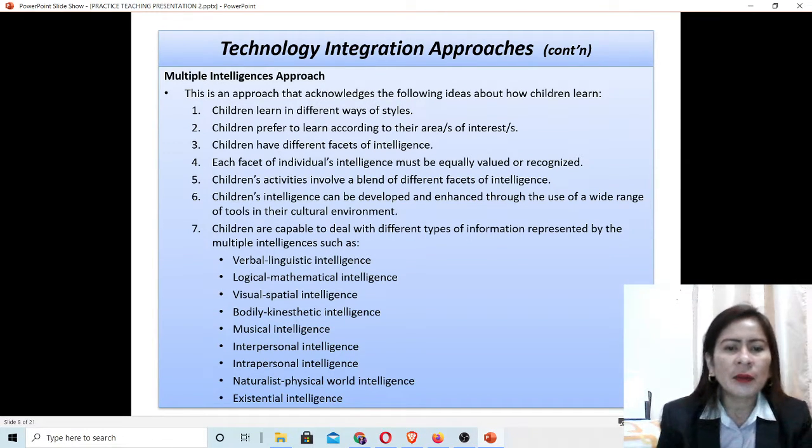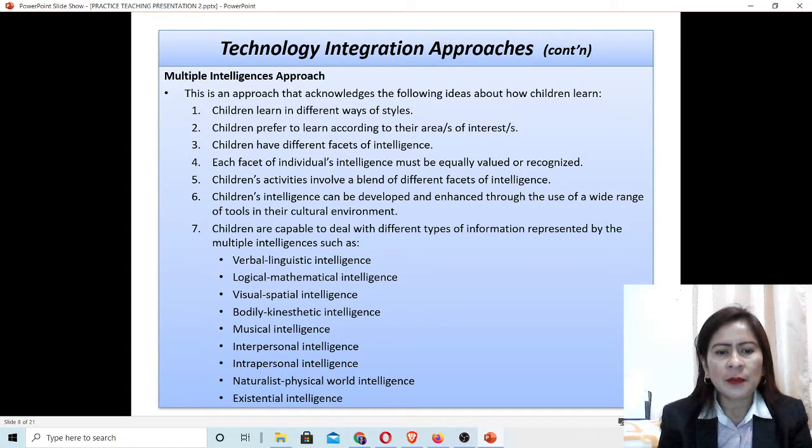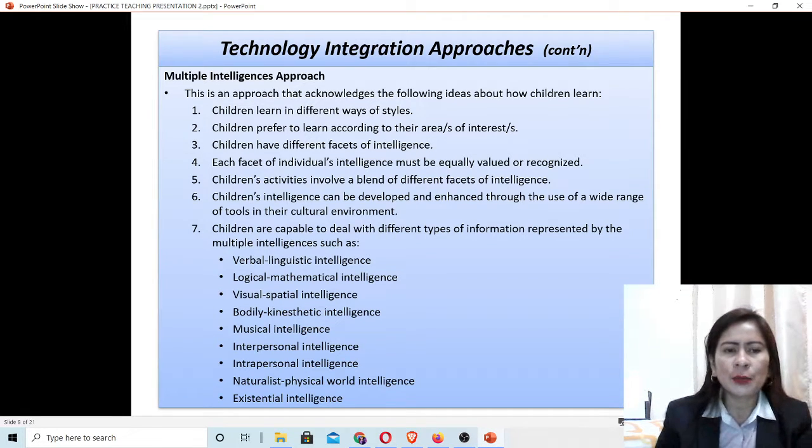Seventh, children are capable of dealing with different types of information represented by the multiple intelligences such as verbal linguistic intelligence, logical mathematical intelligence, visual spatial intelligence, bodily kinesthetic intelligence, musical intelligence, interpersonal intelligence, intrapersonal intelligence, naturalist intelligence, and existential intelligence. So this is the multiple intelligence approach.